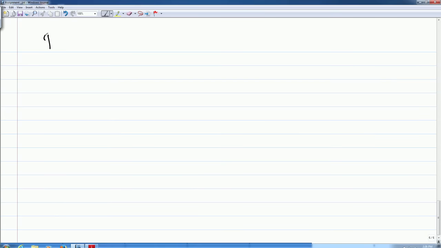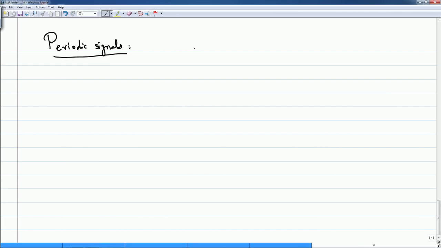So periodic signals. There are some pitfalls in the definition of periodic signals, but usually it's not too hard to check if a signal is periodic or not. In many cases, it's easy to do that. So the definition of periodicity is the following. Okay, a T greater than 0 is said to be a period,